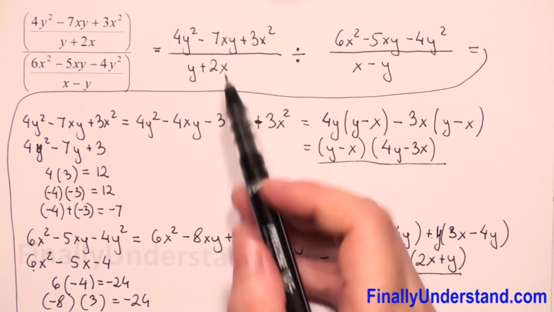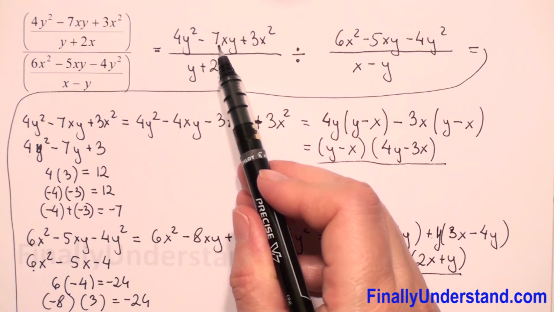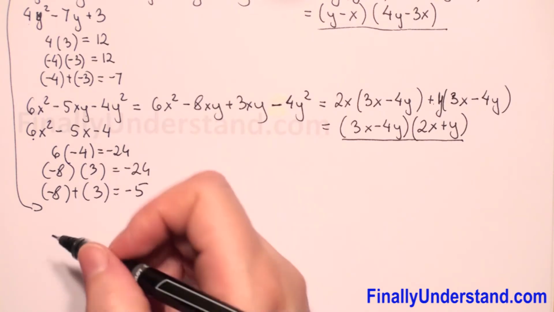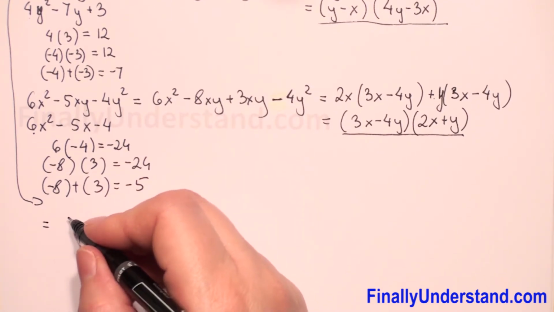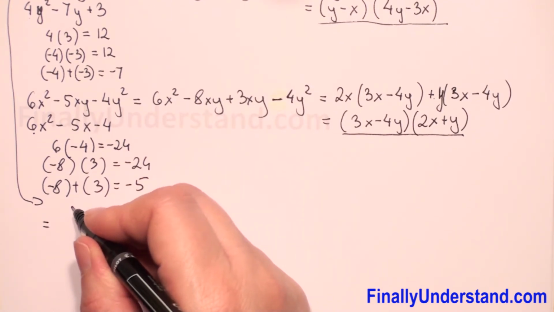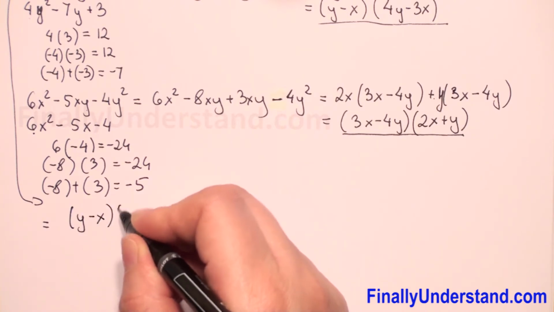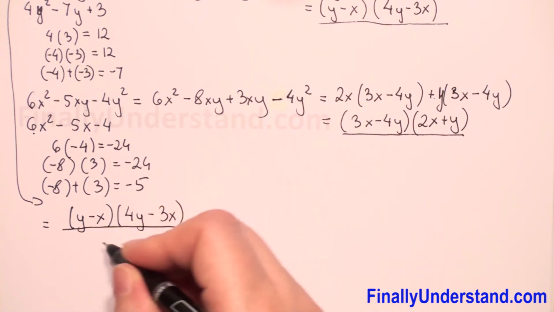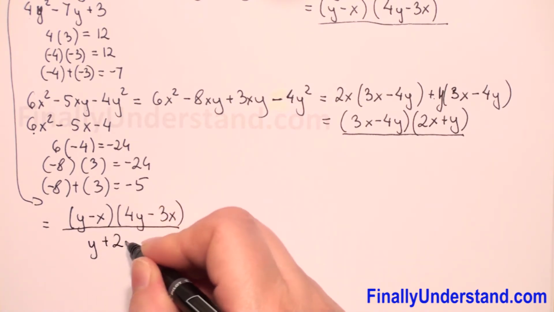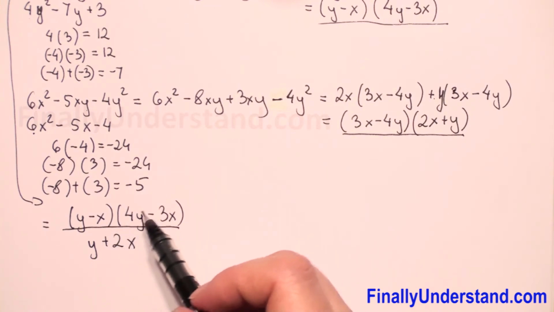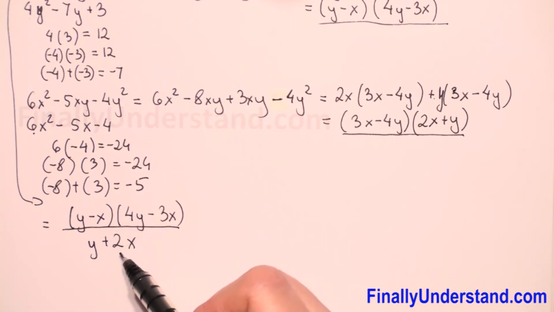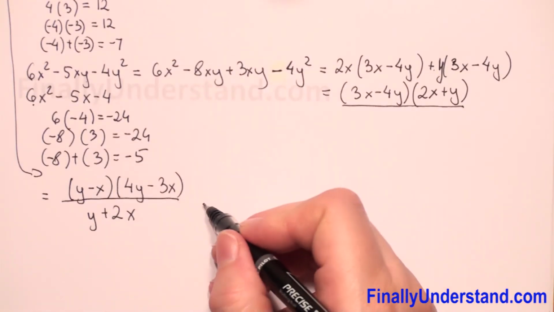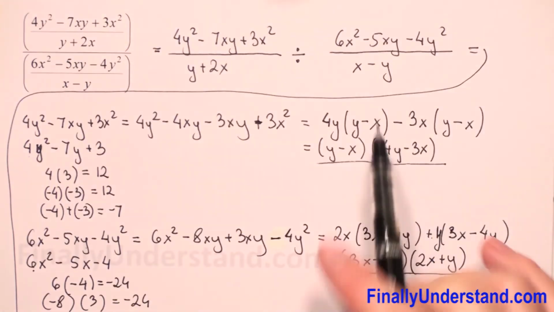Now we will substitute the numerator in the first fraction by that expression, so it will be y minus x times 4y minus 3x over y plus 2x. We cannot reduce anything here. In parentheses we have different terms, and the division sign we will change to multiplication, and we have to now flip